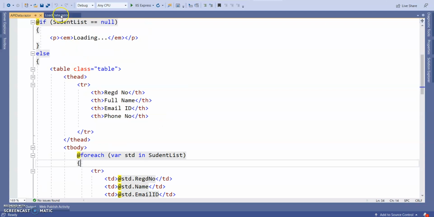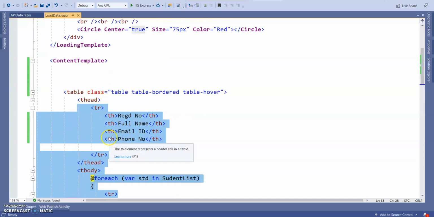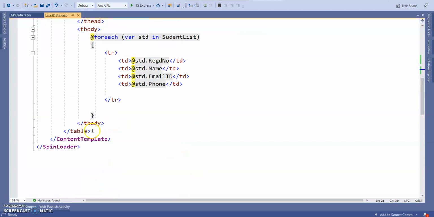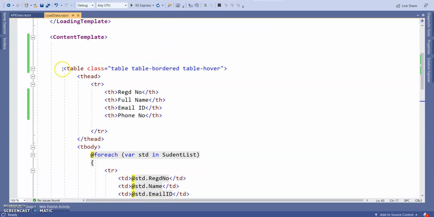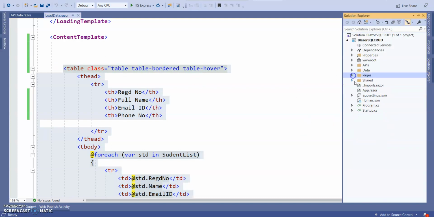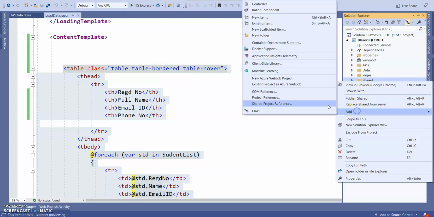So first we are going to create a table templated component for this table. Then we will see how to use this. So I need this design. So copy paste the design. Just copy the design. Inside the shared folder, create one Razor component.